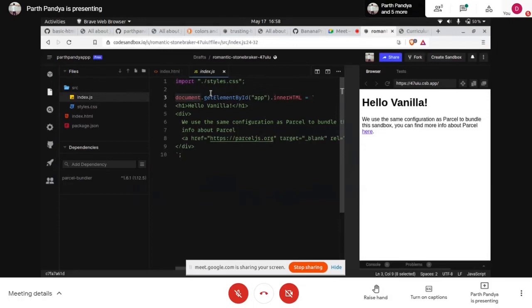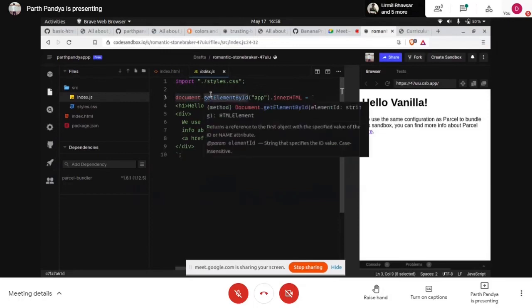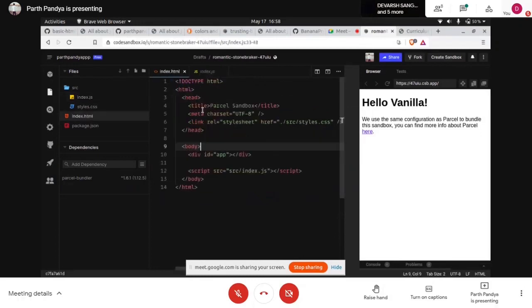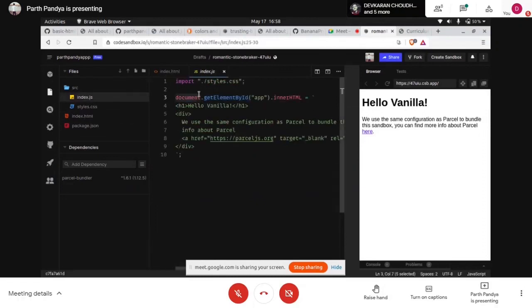So from this particular web page, I want this element by ID. We have defined an ID here, ID app. So from this document, I want the element by ID app, and I want its inner HTML to be filled with this. Got this?